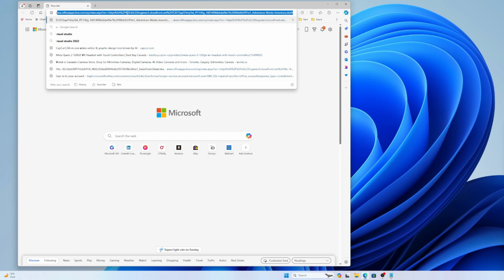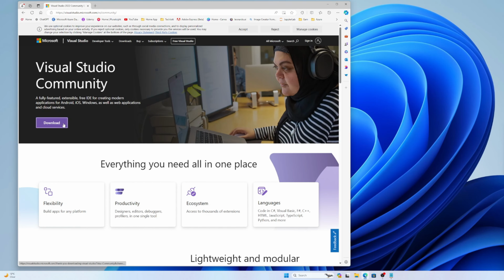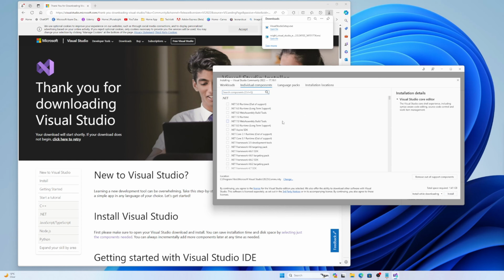Let's search with this. Okay, so let's download it first and install it. Now, here we need to choose what we want to use with Visual Studio. I will not do anything with them, I will just use it for CUDA. So I'm going with the individual components and I will find the C++ options, the compiler options. So if you go here, is the compiler option. I will install all the C++